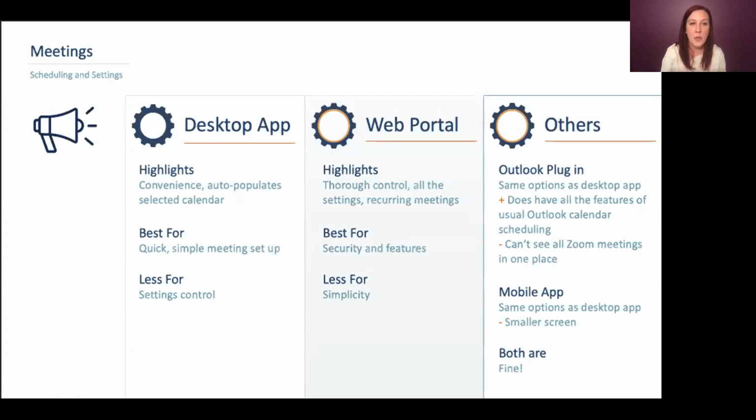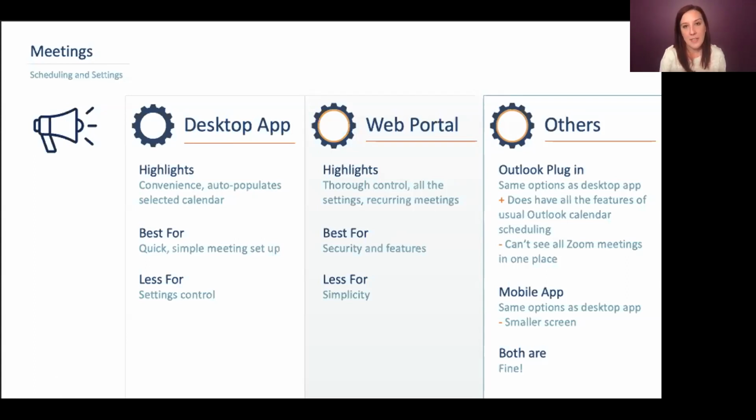It's best for quick and simple meeting setups, but it's not as good for control of your settings. If you want more control of your settings, I highly recommend that you use the web portal. You can schedule recurring meetings a little bit better. This is best for security and features, but it's not as good for simplicity's sake.